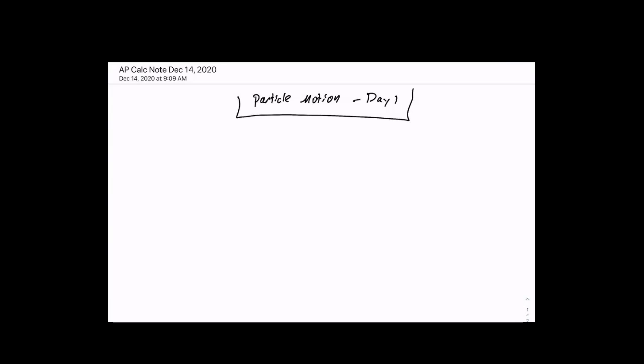The idea here is that when we talk about particle motion, we're talking about motion in a single direction. Typically that is left, right, or up, down. So when we talk about something that's moving, and they say, oh, it starts here, and then it